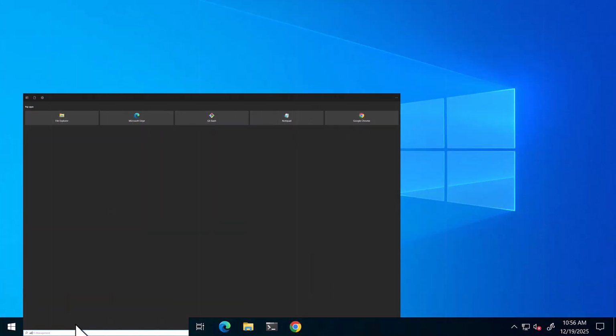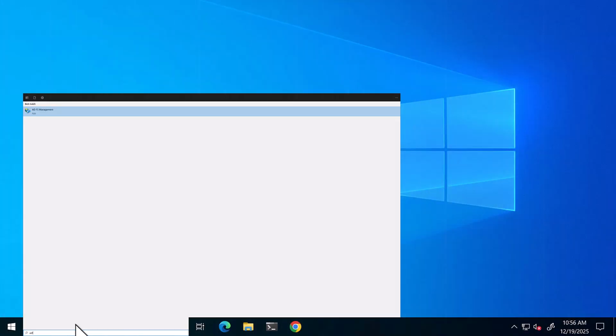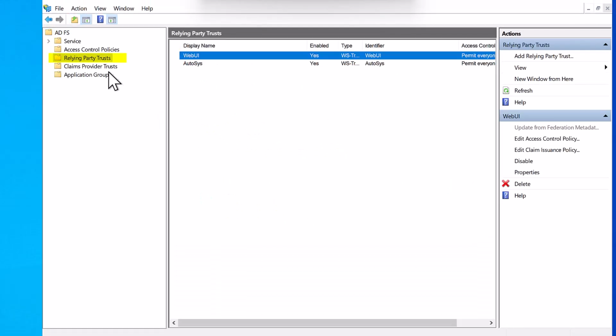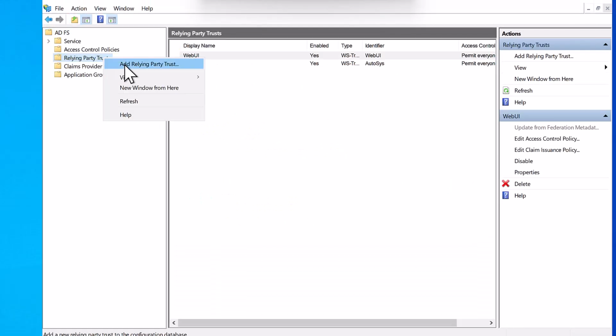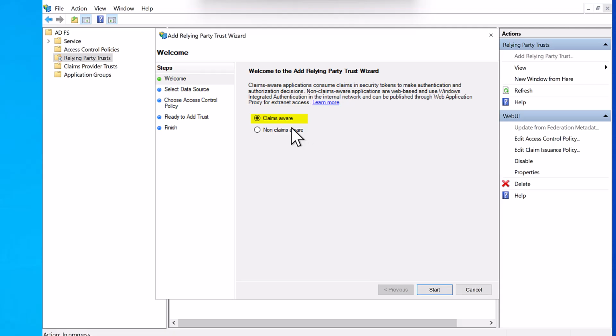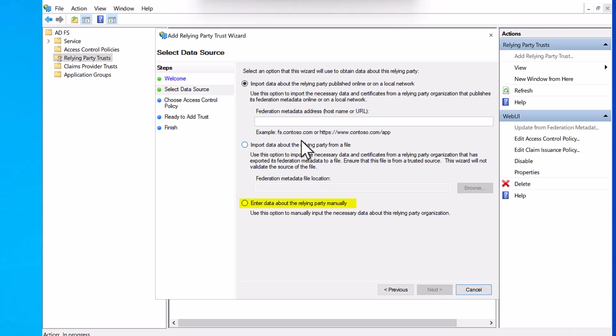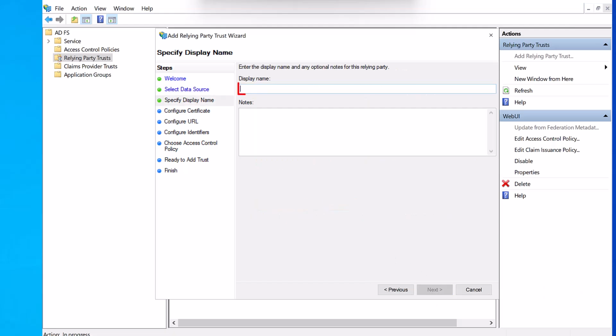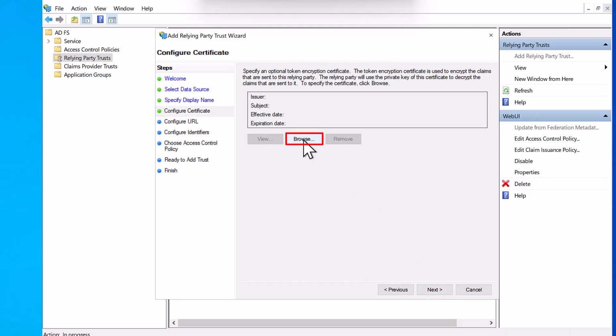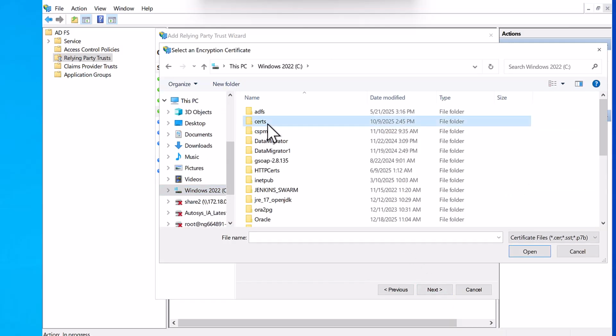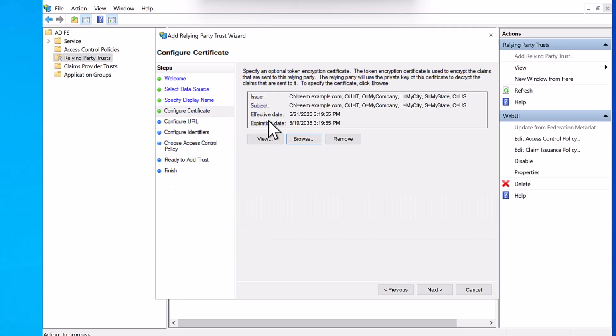On the ADFS server, open the ADFS Management Console and start the Add Relying Party Trust wizard. Leave the trust type as Claims Aware, and choose the option to manually enter data for the relying party. Give the relying party a display name, then Continue. Browse and select the token encryption certificate, the public certificate that you generated in EEM, for ADFS to send encrypted